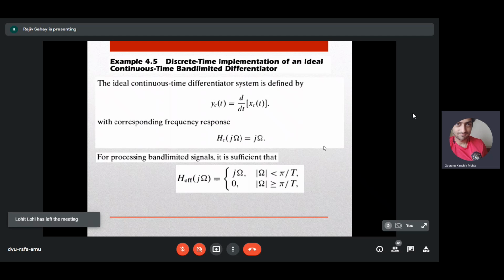For example, when you take an image, the high frequency components in the image are the edges in the image. So suppose you take a picture of your face and you see the contours of your face, the eyebrows, the nose, the lips, the face contour, those are the high frequency areas. And what are the low frequency areas? The region on the cheek or the region on the forehead. Those are the low frequency regions where the intensity doesn't vary so much. Where the intensity changes drastically, those are the places where you have high frequencies.